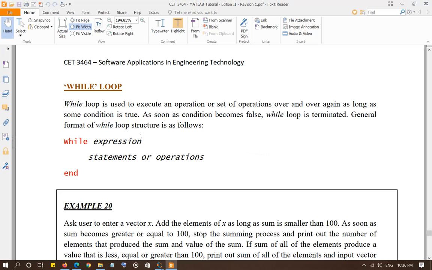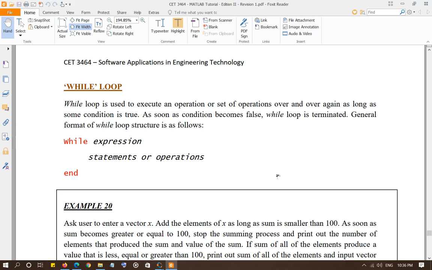Alright, let's discuss while loops. We discussed while loops in LabVIEW, if you remember. Of course, in LabVIEW we had a graphical representation of while loops.